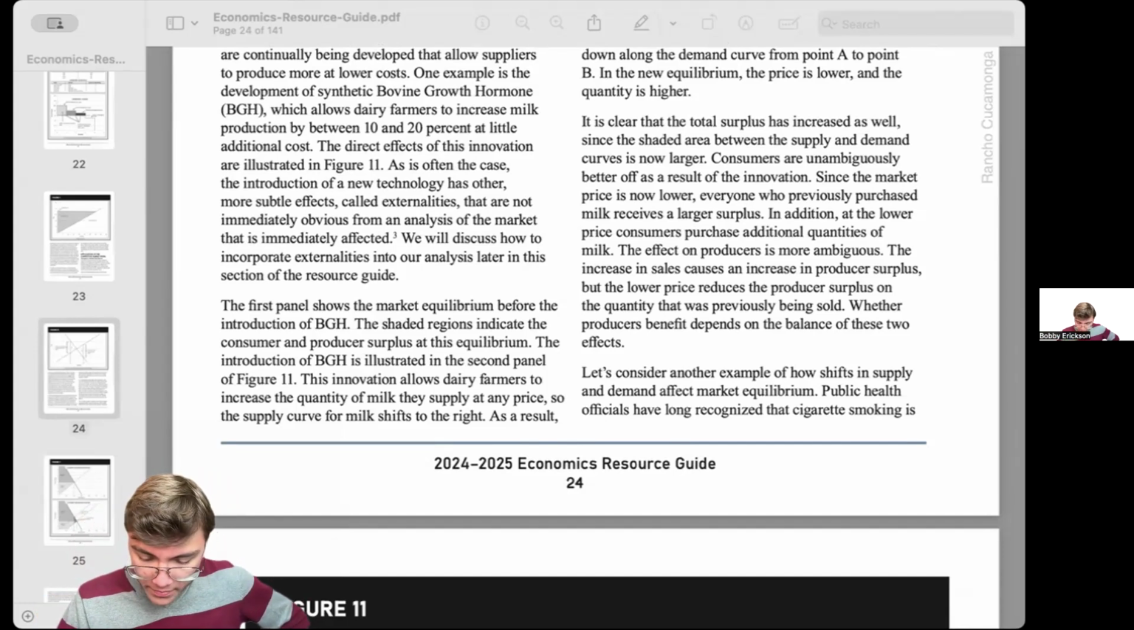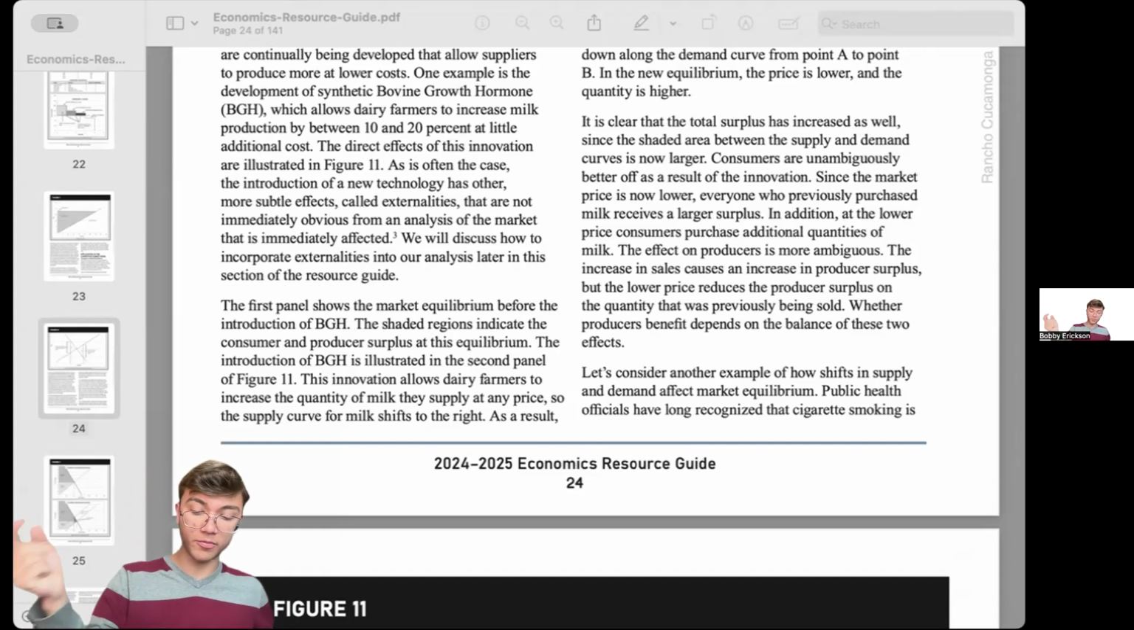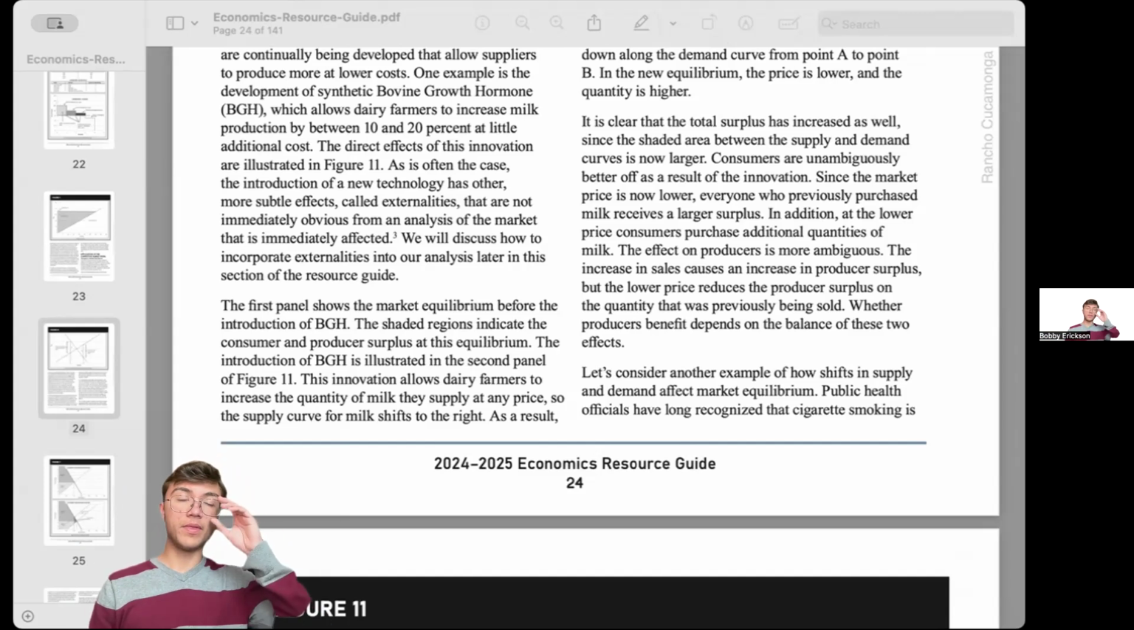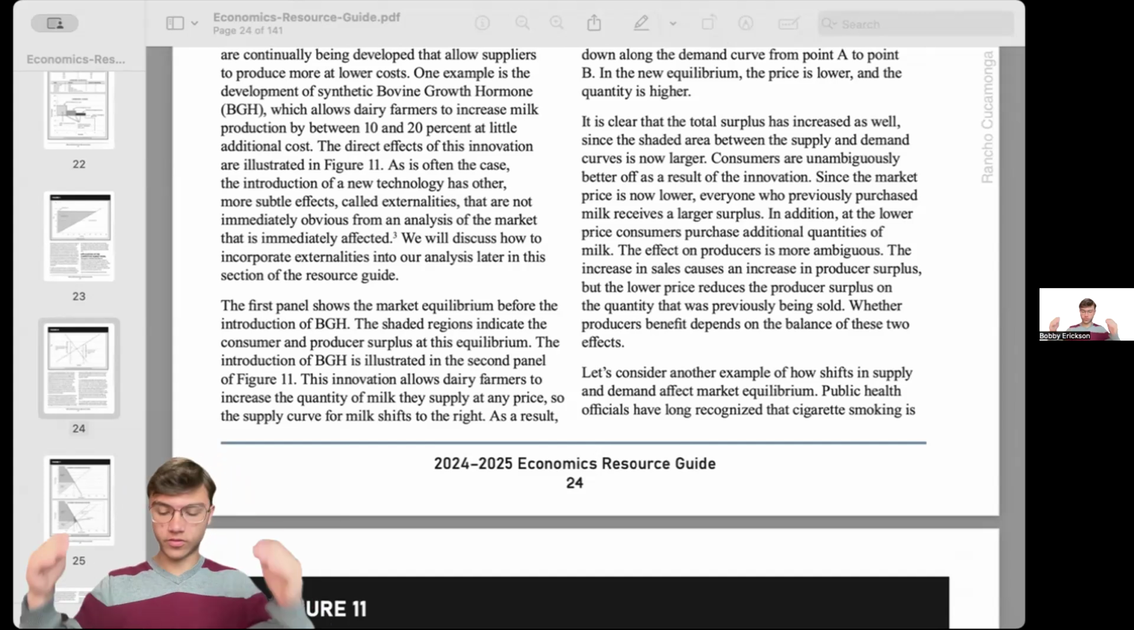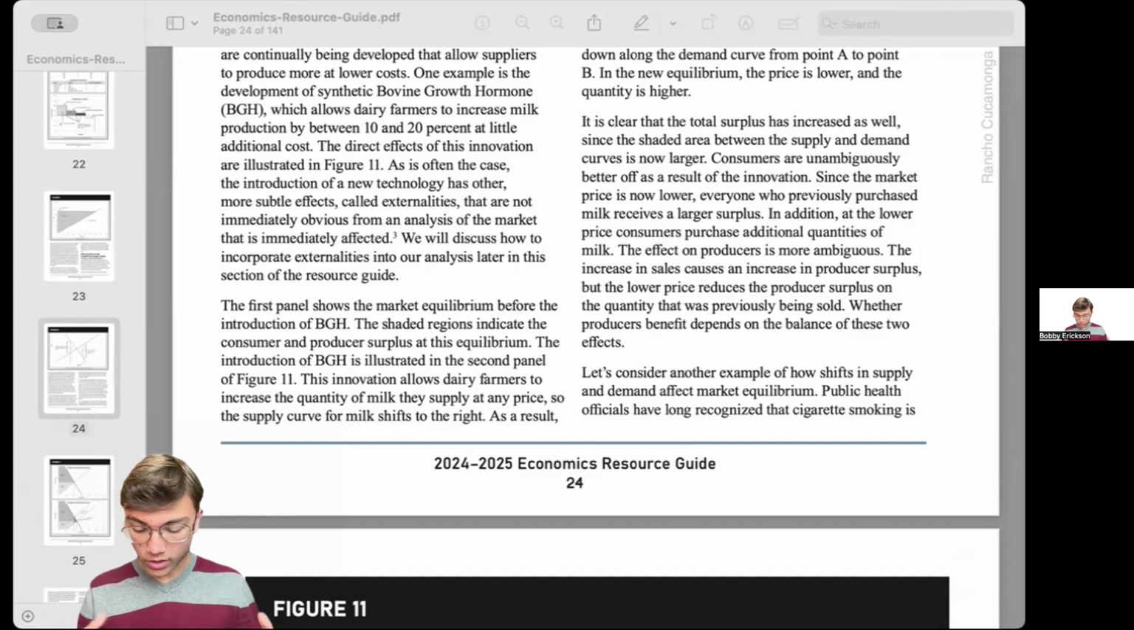And so, because the increase in sales has caused an increase in the producer surplus, but the lower price reduces the producer surplus on that quantity that was previously sold. So now that the price is lower, we're selling more quantity, but our price is lower. And so